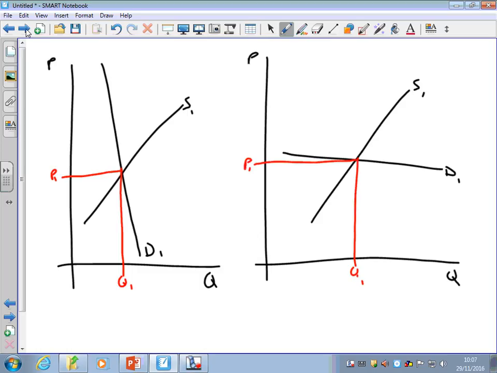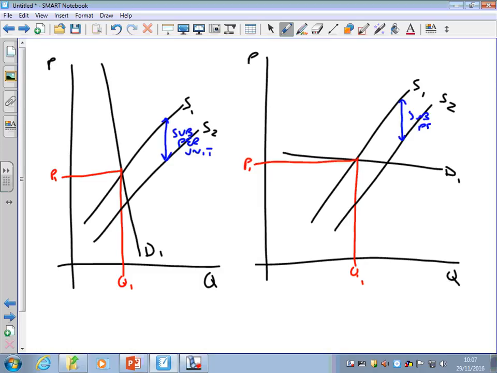And again, if we were to introduce a subsidy, supply will move out to the right, and the vertical distance between the two is the subsidy per unit. Look at the impacts on the market. We get this dramatic price fall,